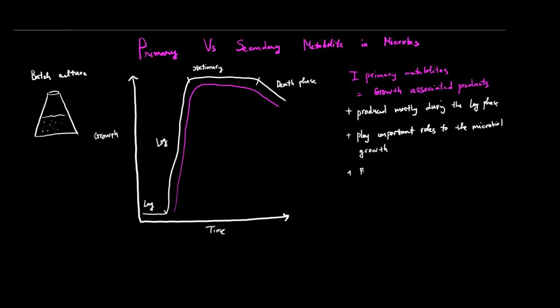Some examples of primary metabolites are amino acids, many types of enzymes,